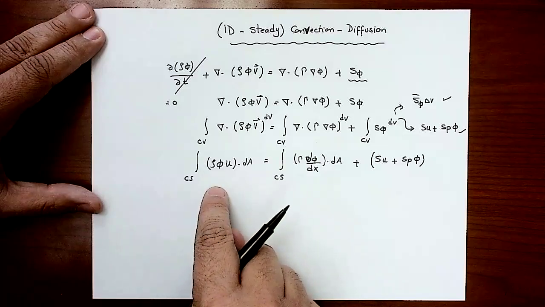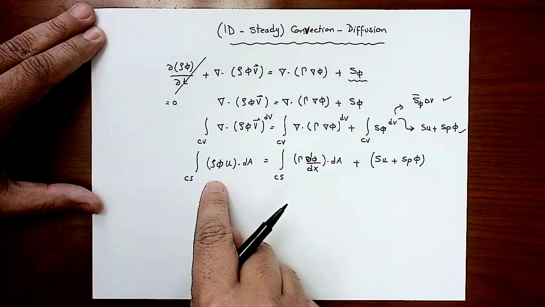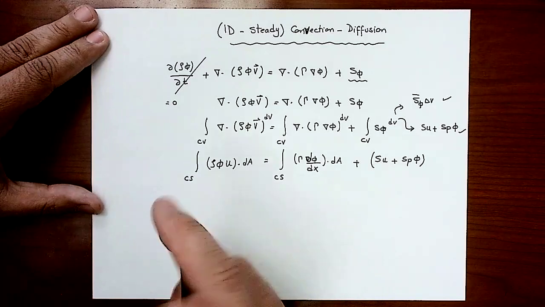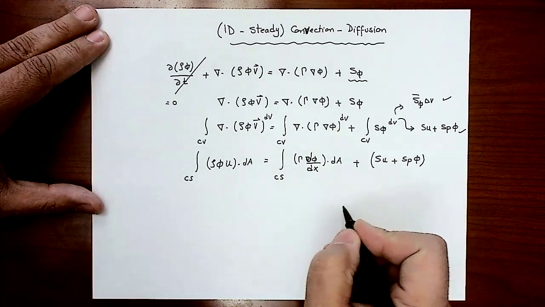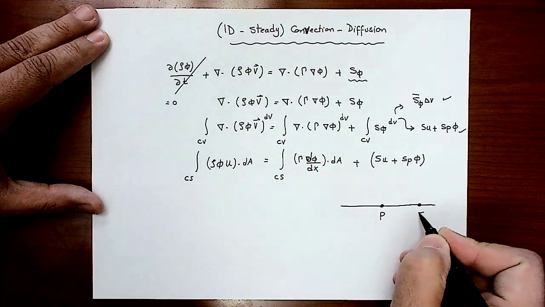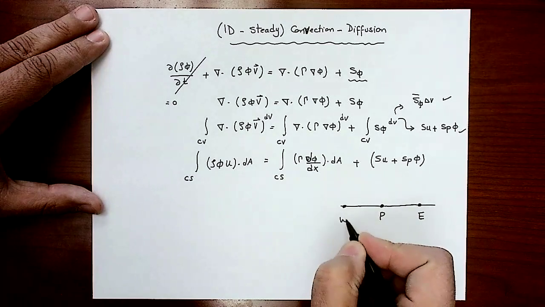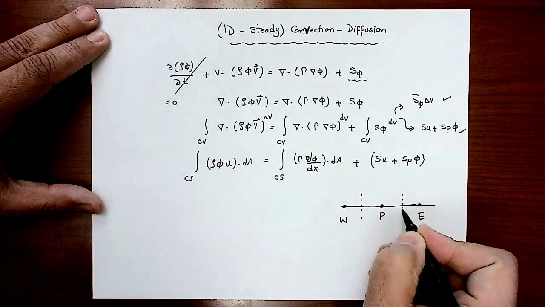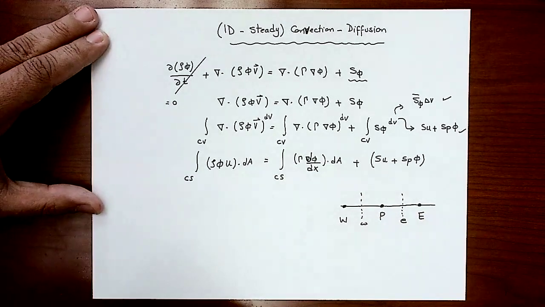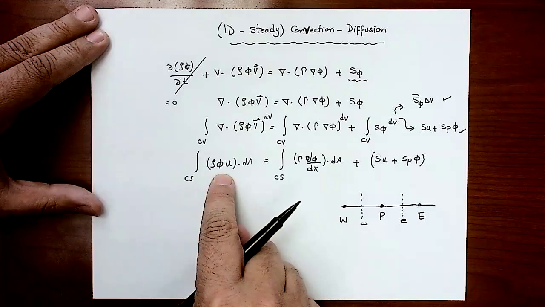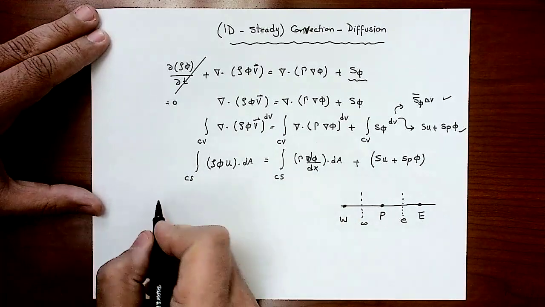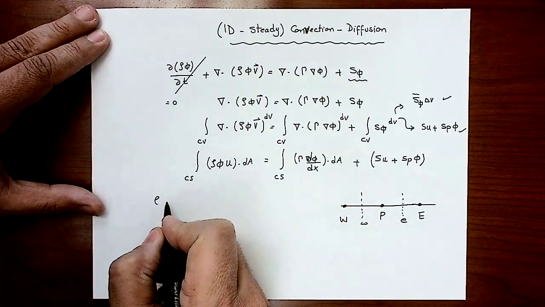This is over the control surface, so that has to come twice, one for the east, one for the west, right? So then we introduce a new term. Let me break it down here. If I have the central point P and the central point east and central point west, and these are the faces of the cell. So this is the east and this is the west face here. So we can actually break that down into the east and west face, and this term for the east and west face. So I can end up having like rho times